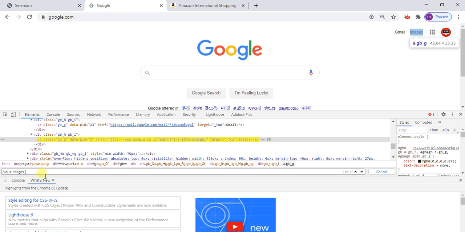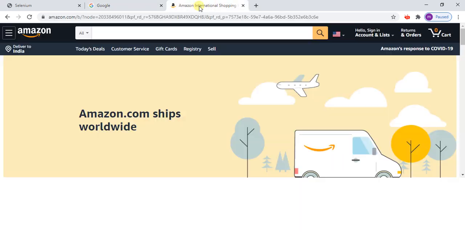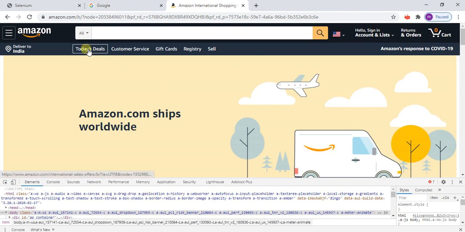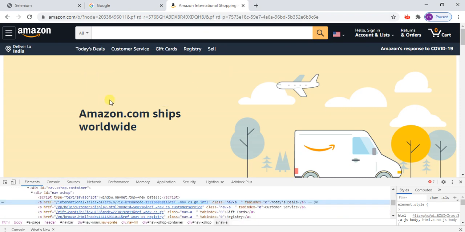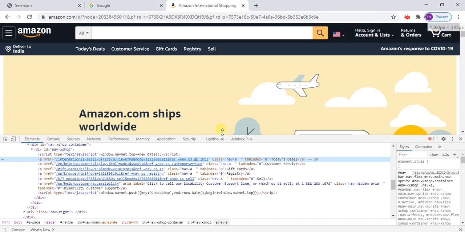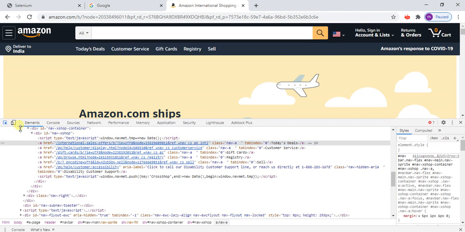See, this one is working. Like that you have to work on text functions. Try to write your own XPath instead of using any other tools. For example, I will show you many examples of how you have to identify the element, whether it is a text function or any other function.